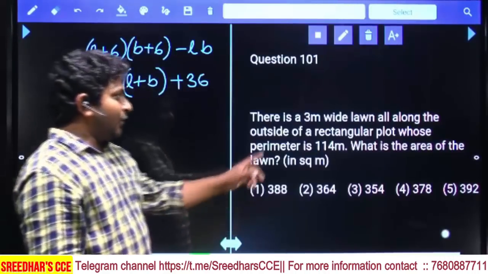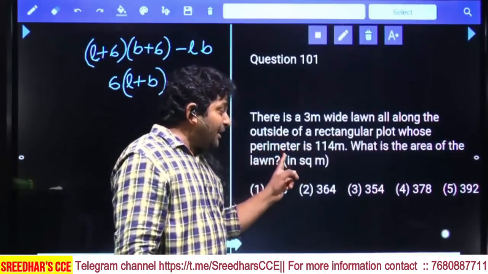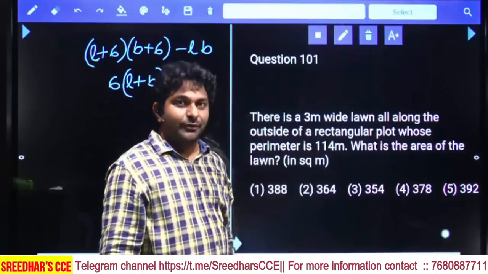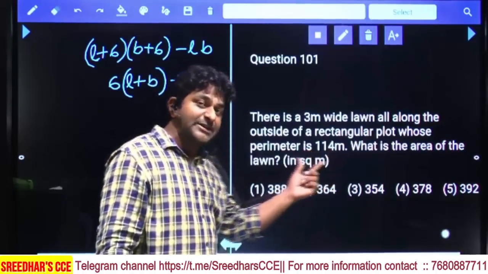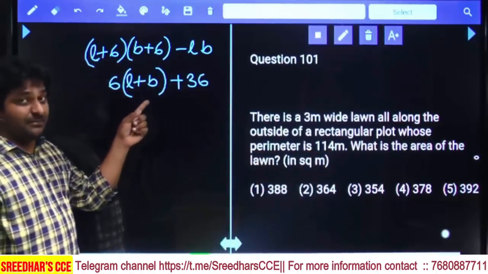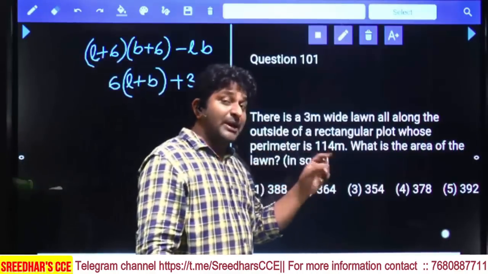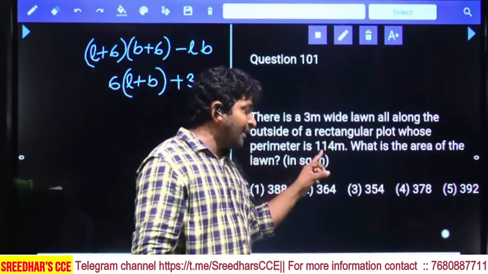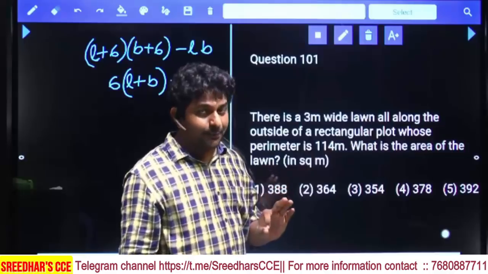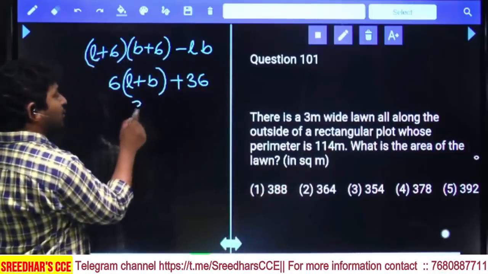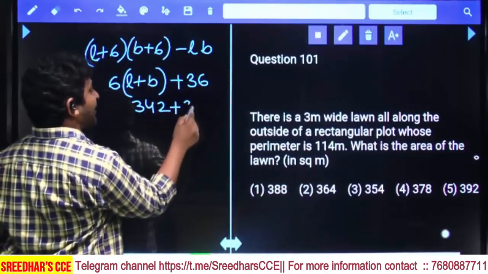Now you are also given the perimeter of the rectangle is equal to 114. Perimeter means 2 times (L plus B). But here we have 6 times (L plus B), meaning this needs to be multiplied by 3. 114, 3 times is 342. Total 342 plus 36 we have, that is